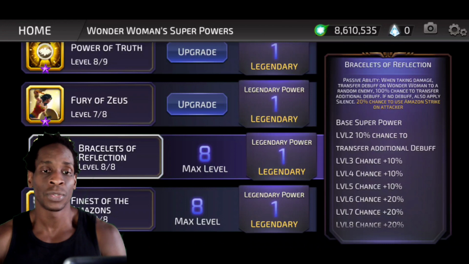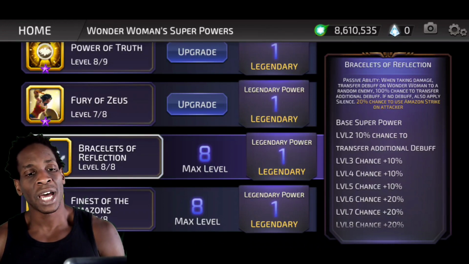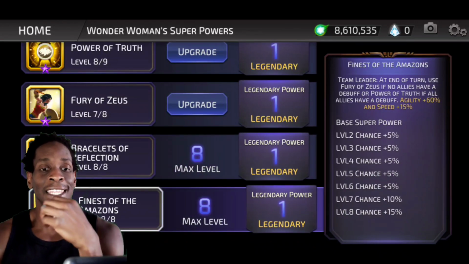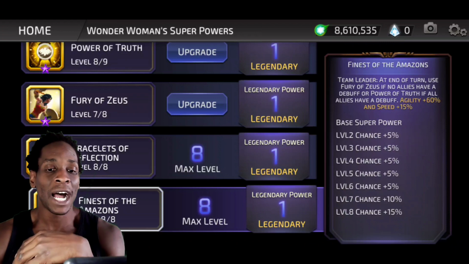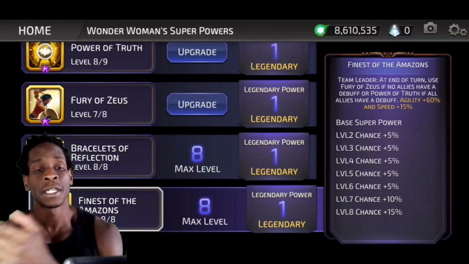20% chance to use Amazon Strike on attacker. That might be some of those out of turn attacks that I haven't really been paying attention to, to be quite frank. Team lead. I love this ability. At the end of the turn, use Fury of Zeus if no allies have debuff, or Power of Truth if all allies have debuff. And I think I spoke about this in my free-to-play series that I did,